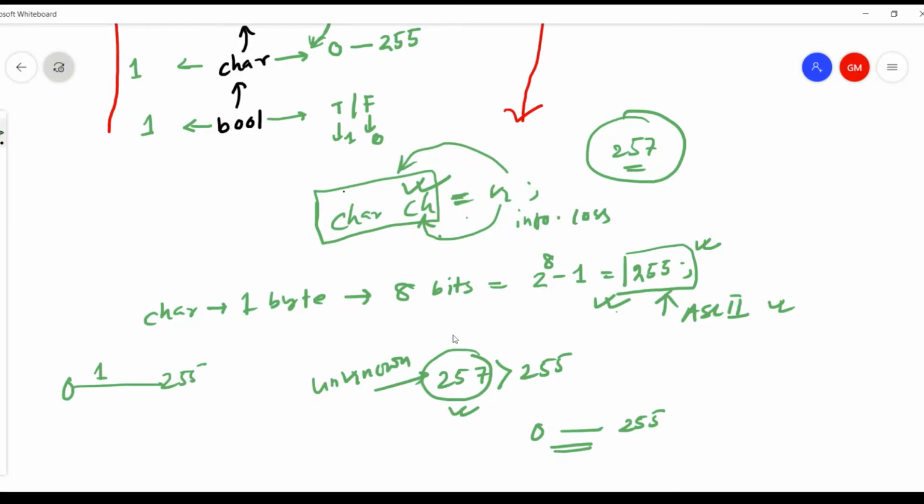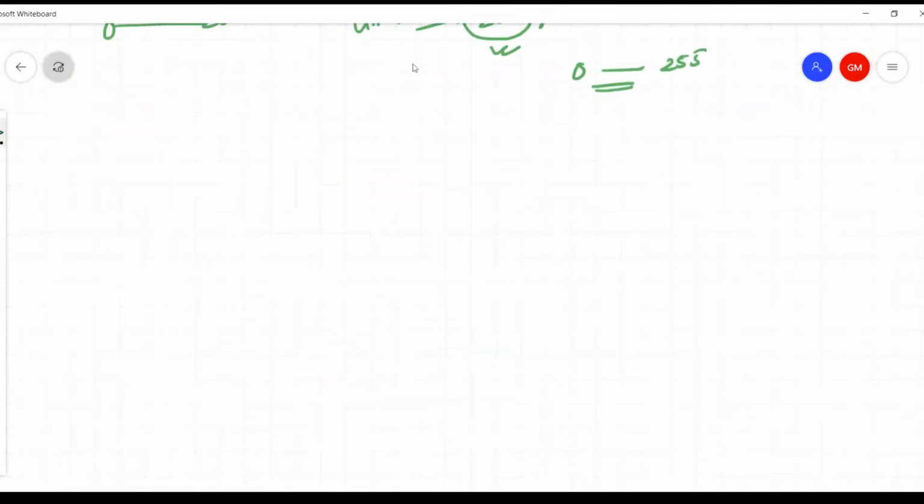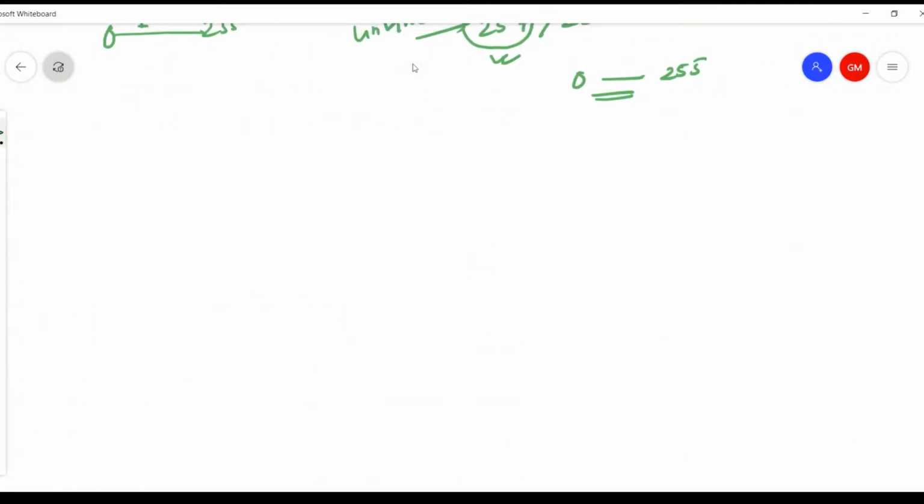So that's why whenever you try to convert a short integer to a character, there is a possible information loss. Now let's take another example where you're going to understand when information will not be lost. We'll do the same thing.